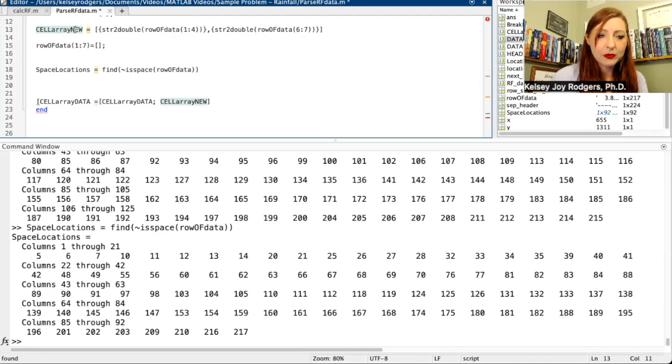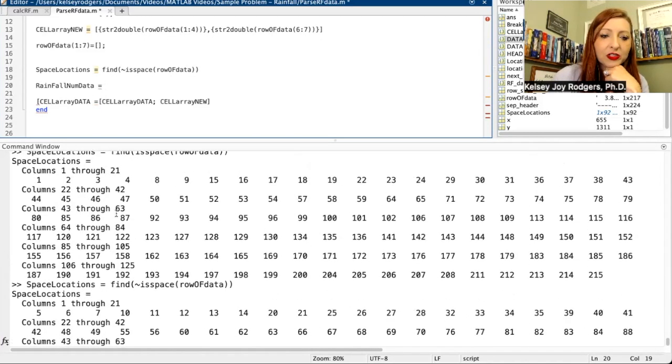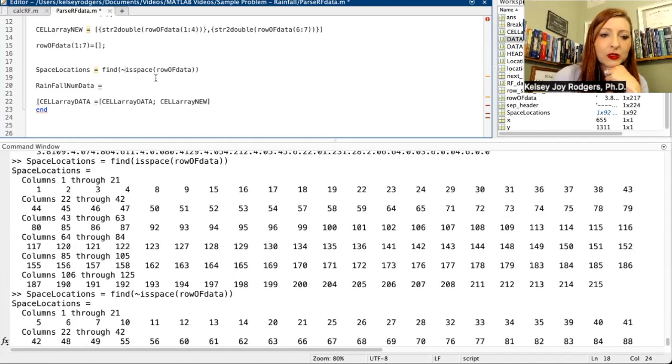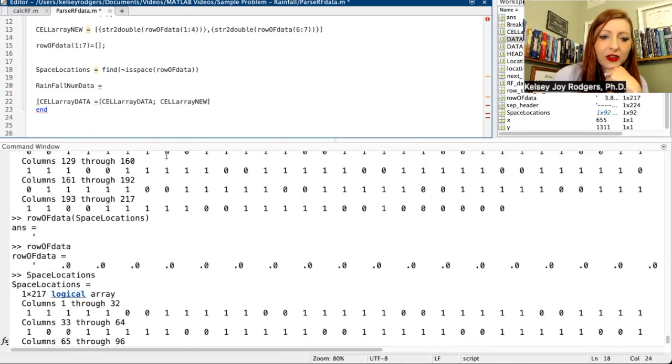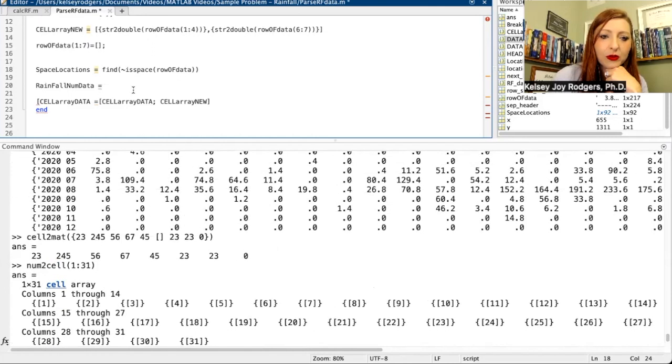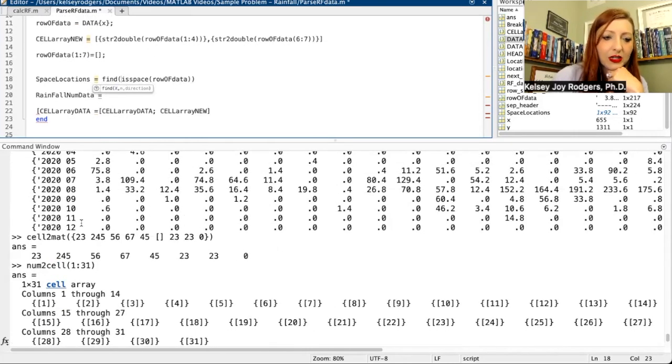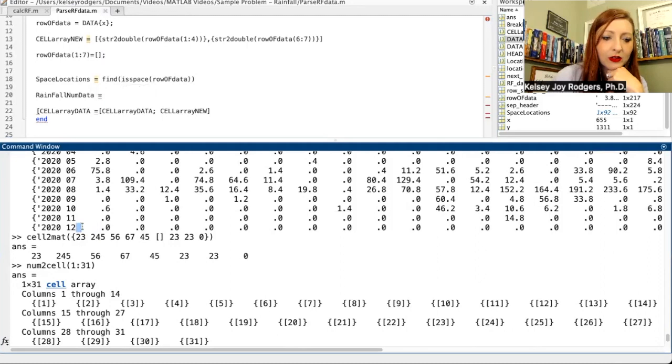And so again, that's where all these numbers are going, but I don't want to throw them onto my cell array just yet because I'm going to do the num to cell thing once I have a matrix of data. And then I have to make sure to get my blanks. I'm going to stick with the space one, because I have to keep in mind if the number of spaces is greater than 2, 3, 4, 5,